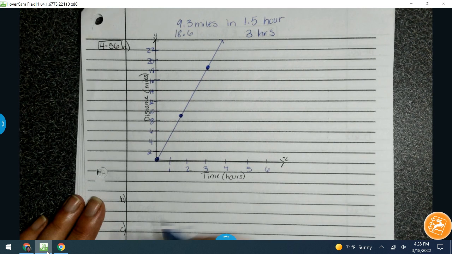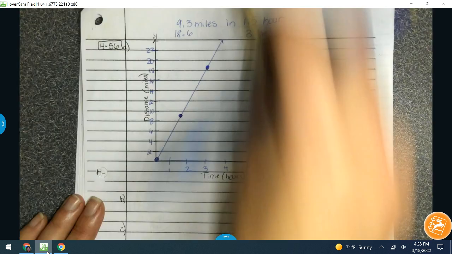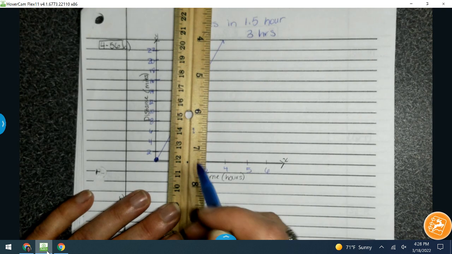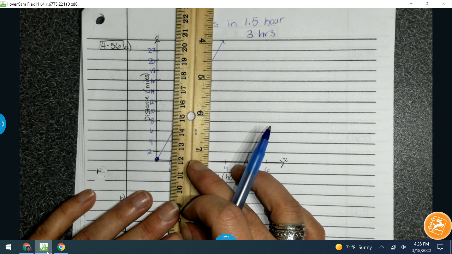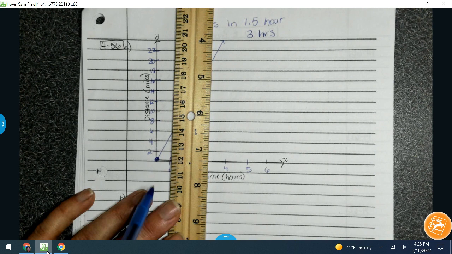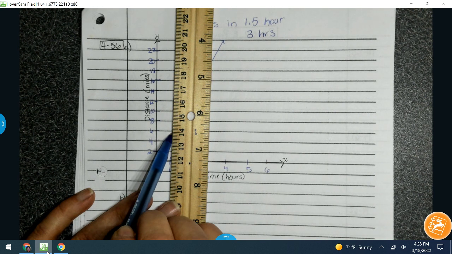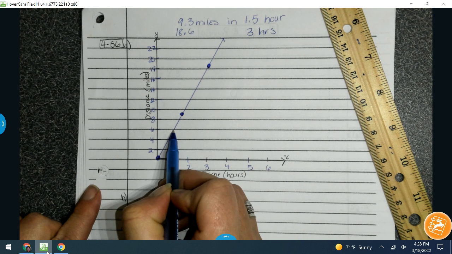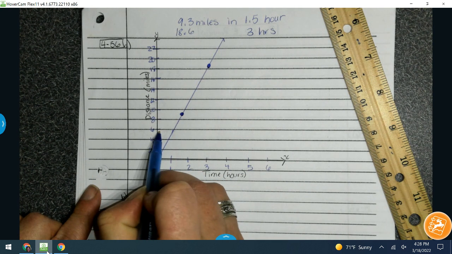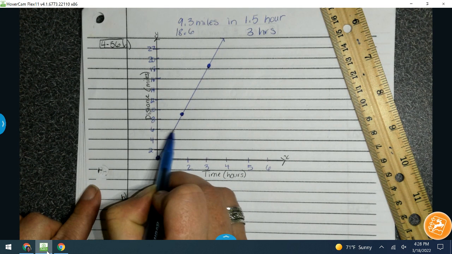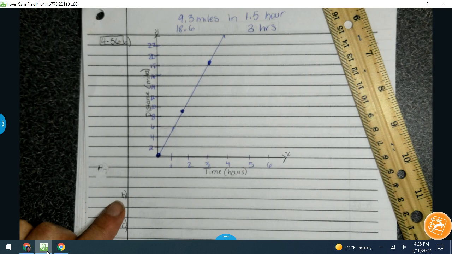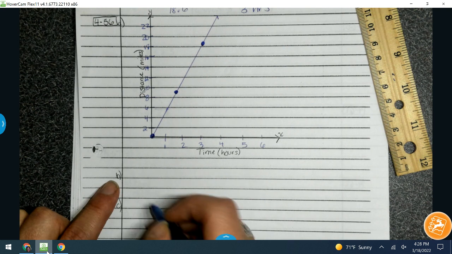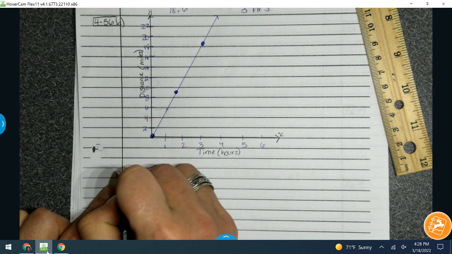And then depending upon how great I am at doing my graph, hope you can still see this, I'm just trying to line it up for about where it's going to be. It's going to be about here-ish, and then I come across, and it looks like to me it's about 6 miles per hour. So how I found that was